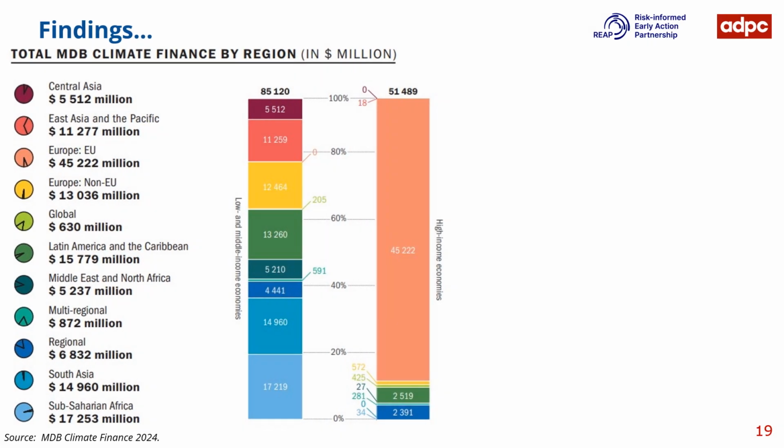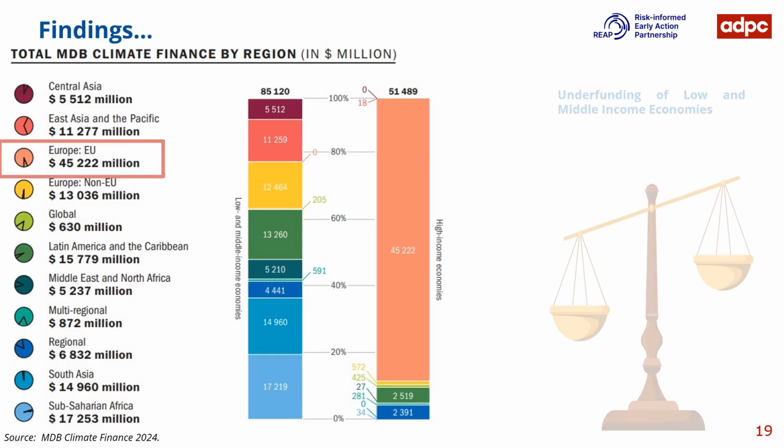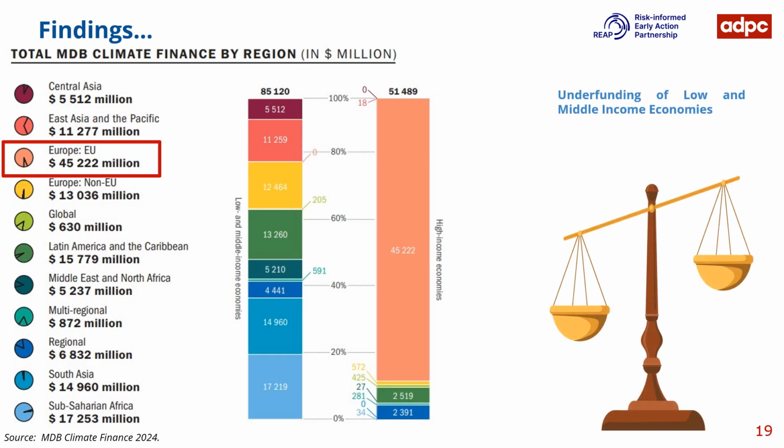This slide highlights the regional distribution of MDB climate finance. Finance is not evenly distributed across geographies or income groups. Some regions receive larger absolute volumes, while others may face higher vulnerability, lower fiscal space, and greater dependence on concessional resources. This is why climate finance must be assessed against need and vulnerability, not only against volume. A region receiving less finance may also be one where climate risks are severe, institutional capacity is constrained, and adaptation needs are urgent.